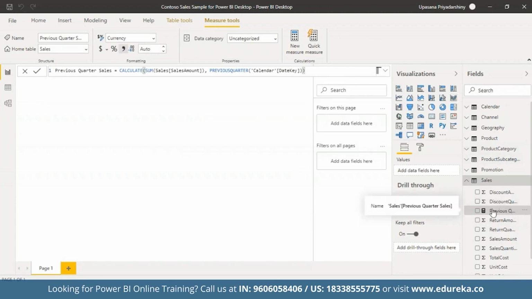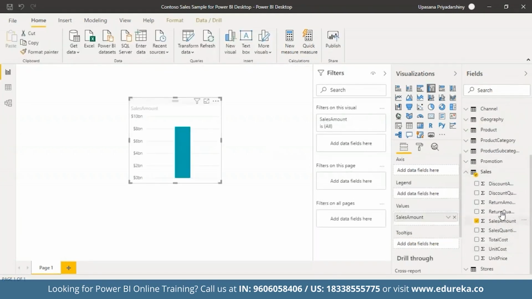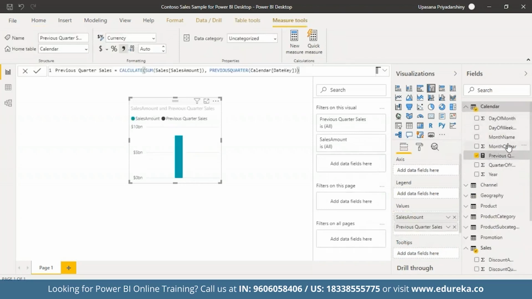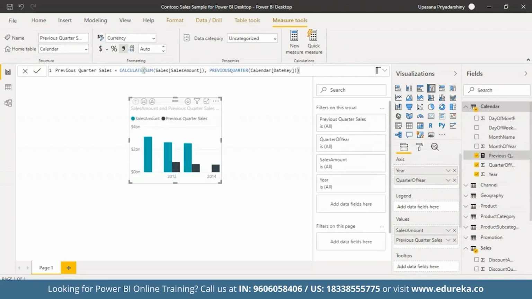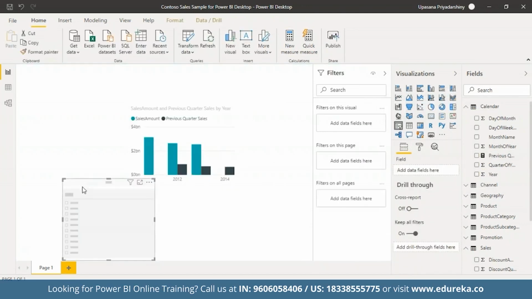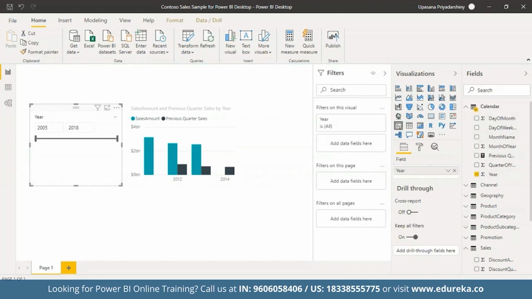Okay? So congratulations, you did it and created a complex measure by using DAX. And this is not one of the easy ones because it has nesting and so many advanced functions. But what will this formula do? It's going to calculate the total sales for the previous quarter depending on filters applied in your current report. So for example, if we put sales amount and then previous quarter,